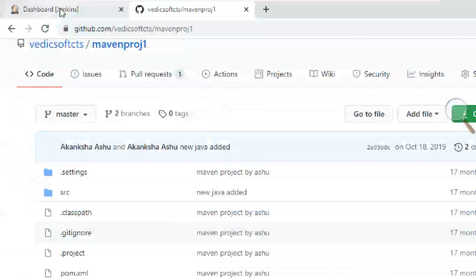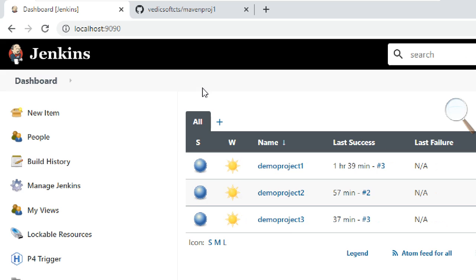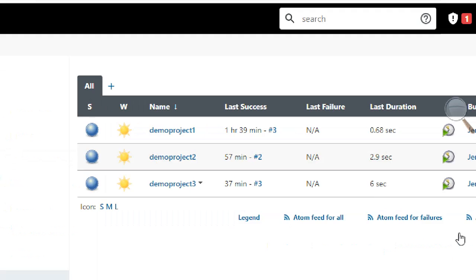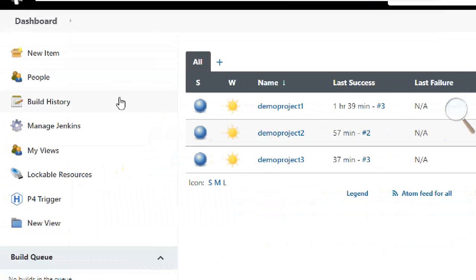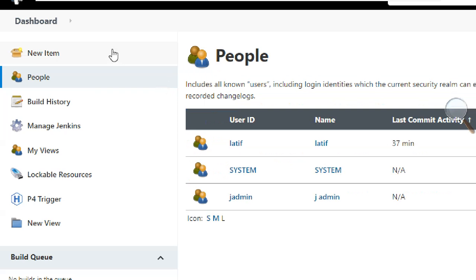There are a lot of things in Jenkins, but we will see. The dashboard is loading again. Pipelining I didn't show; if possible I will show you pipelining later.